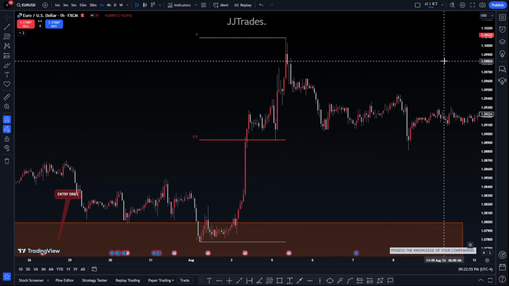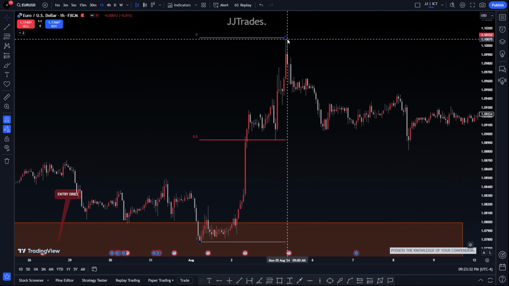Like I said, after a large move that creates a dealing range, you want to expect price to retrace back into the equilibrium, or the midpoint, of the dealing range. I'm going to say that again. When price has an energetic move creating a dealing range, after the energetic move you want to see price come into the equilibrium, the midpoint of the dealing range, to take a break or to head higher in the future. Now, let's draw this out, shall we?